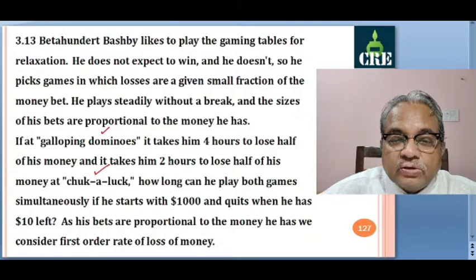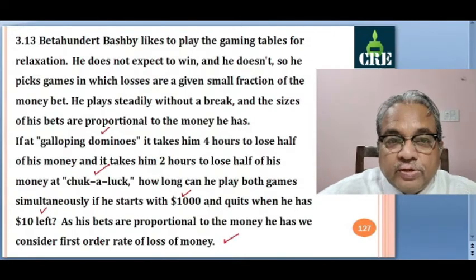At second place, it takes 2 hours to lose half of his money. How long can he play both the games simultaneously if he starts with $1,000 and quits when he has $10 left. As his bets are proportional to the money he has, we can consider first order rate for the